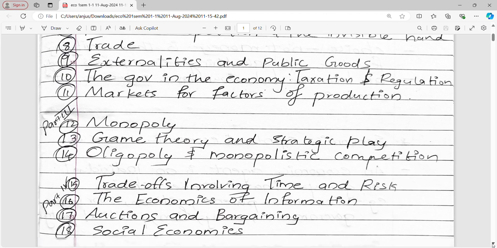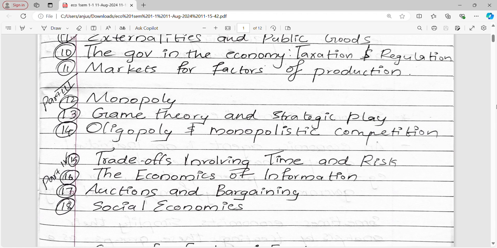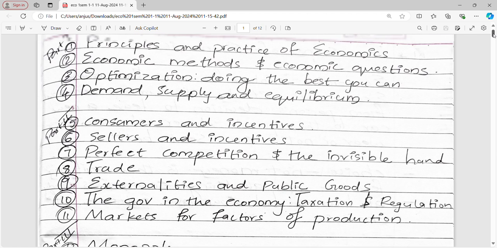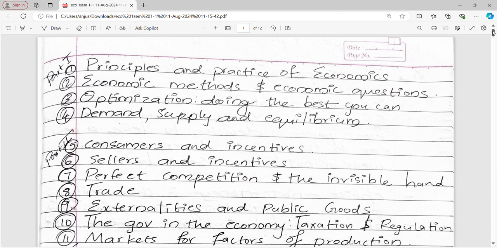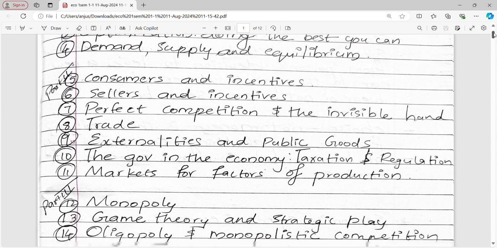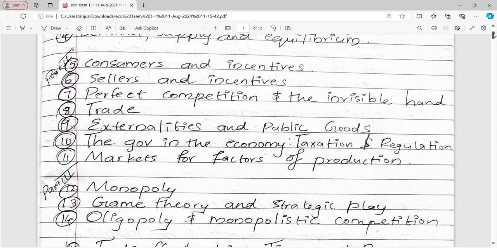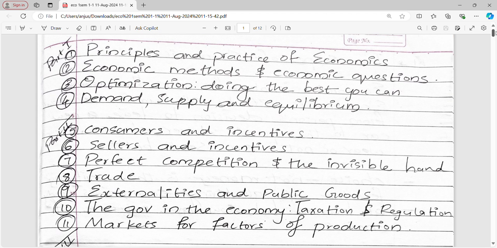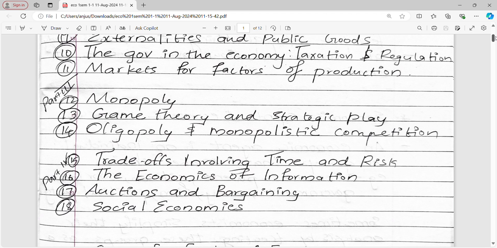There are 18 chapters in this book of microeconomics. For the students who have opted for the BA program economics major at Delhi University, the first 10 chapters of Microeconomics, second edition, are in their syllabus. Here I'm planning to cover the whole book, that is, all 18 chapters. It will be helpful for PG entrance examinations as well as GATE economics and JAM economics.